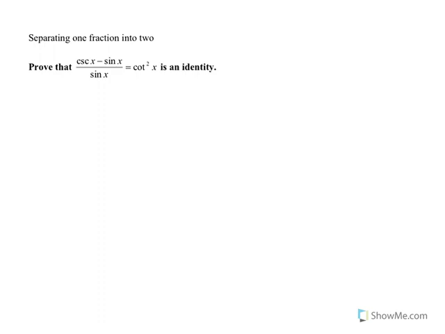So this one, the technique is going to be separating one fraction into two. So if you have a common denominator, which in this case is sine x, you can split it into two separate fractions. So we can say it's going to be cosecant of x over sine x minus sine x over sine x